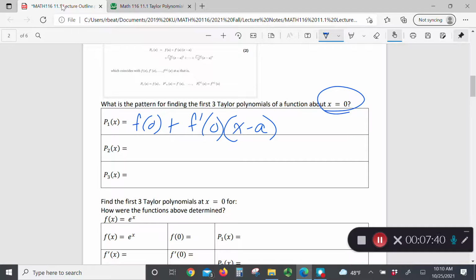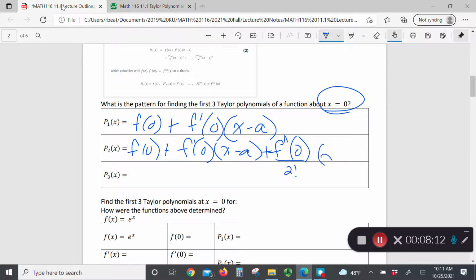That's where you want to stop. For the second Taylor polynomial, you repeat the first one and then you add one more term. So you're going to have f of 0 plus f prime of 0 times x minus a plus the second derivative, evaluated at 0, and then here's where it changes, divided by 2 factorial